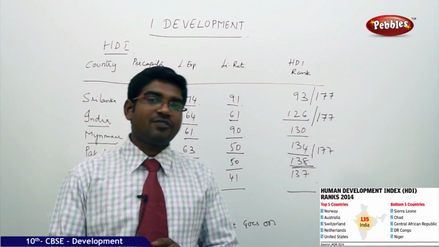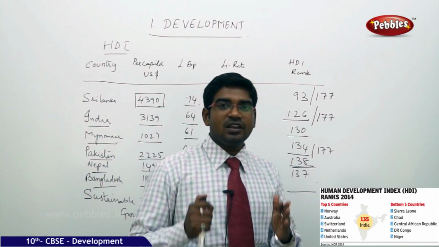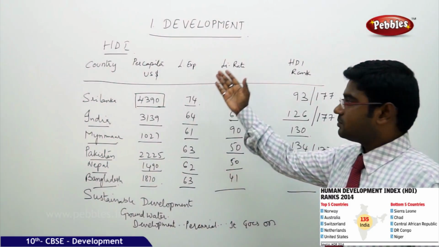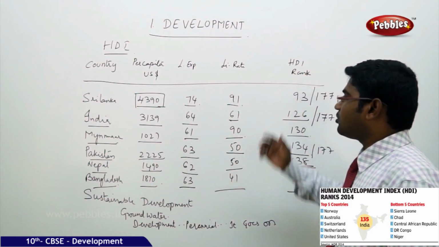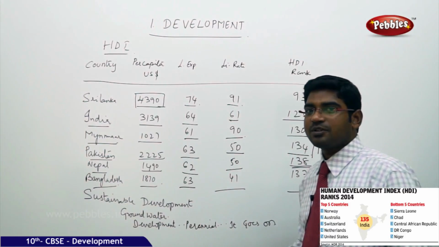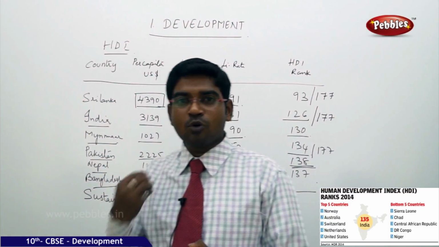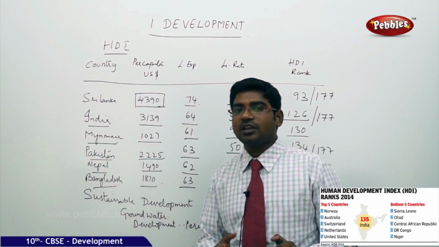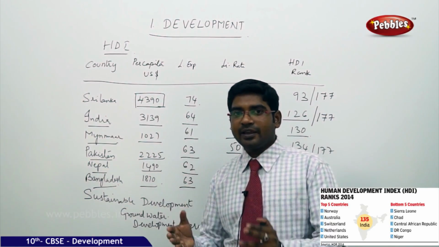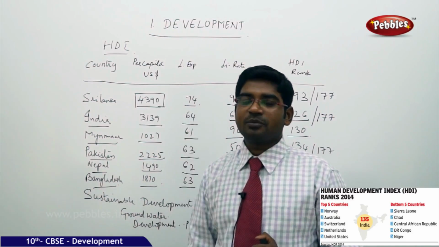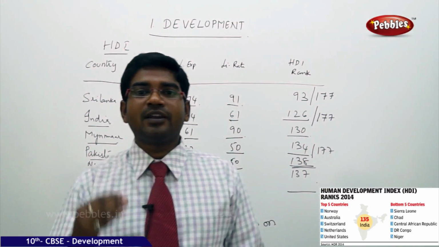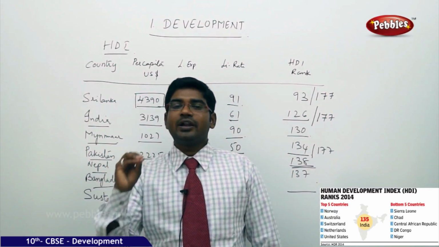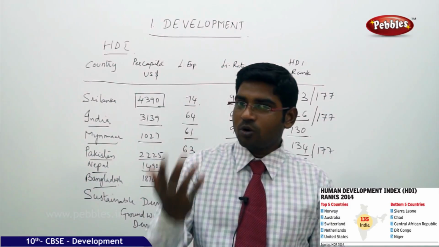We need to understand from the statistics that India still needs to achieve more in the fields of health and education, in the fields of ranking. Once the infrastructure improves, once more health facilities are provided, automatically the ranking would improve. So the UN has taken the Human Development Index as a basic criterion to determine the rankings, and also to say that you need to work on these particular fields so that your country can develop more and achieve more targets.